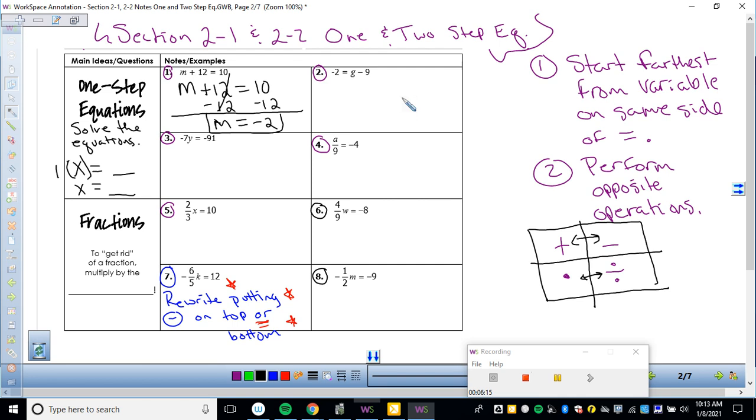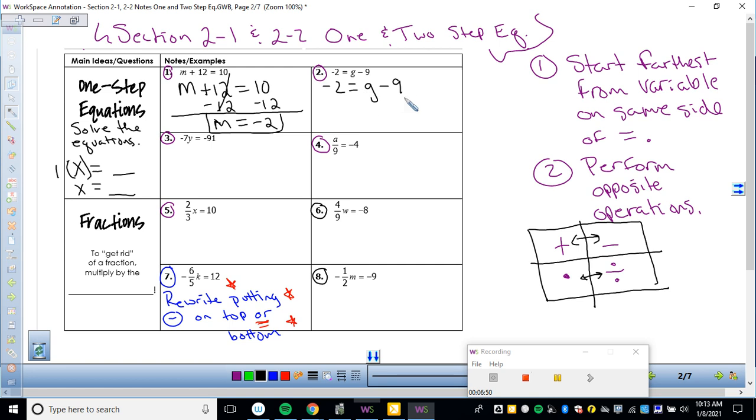All right. So let's write this second one. Negative 2 equals g minus 9. Everyone should be writing these problems into your notebook. We do examples for a reason. It's fine that the g is on the right side of the equation. So to solve this,